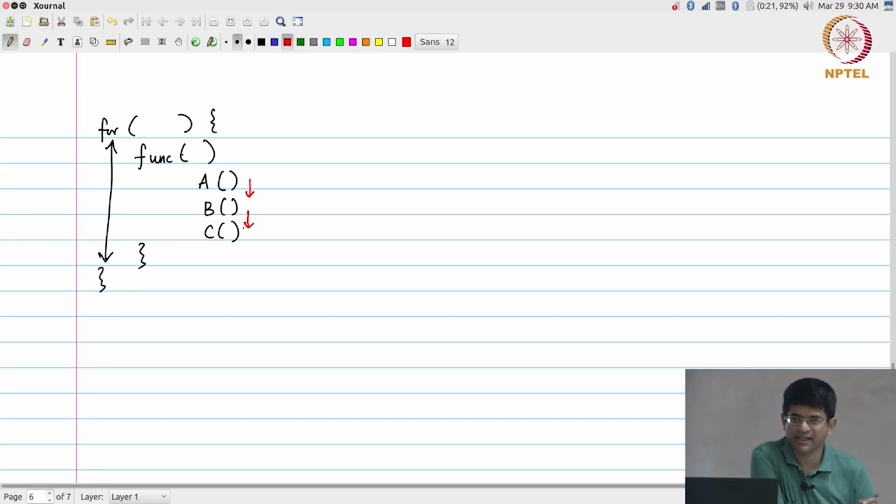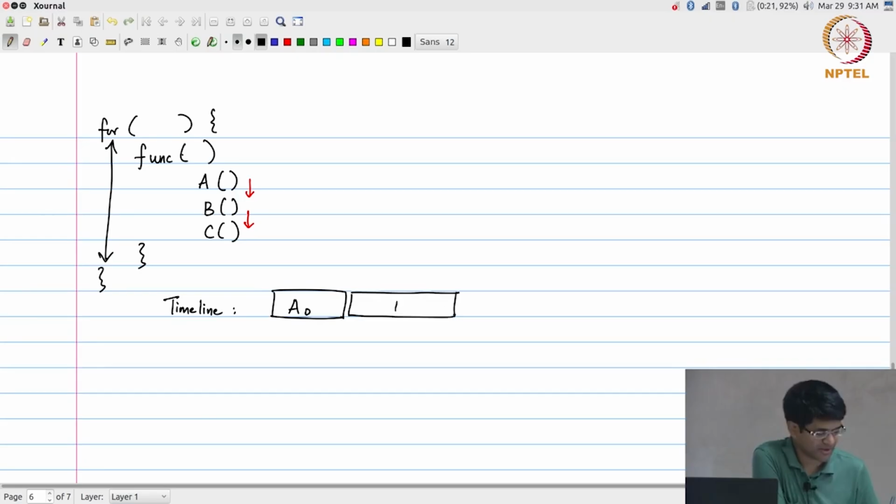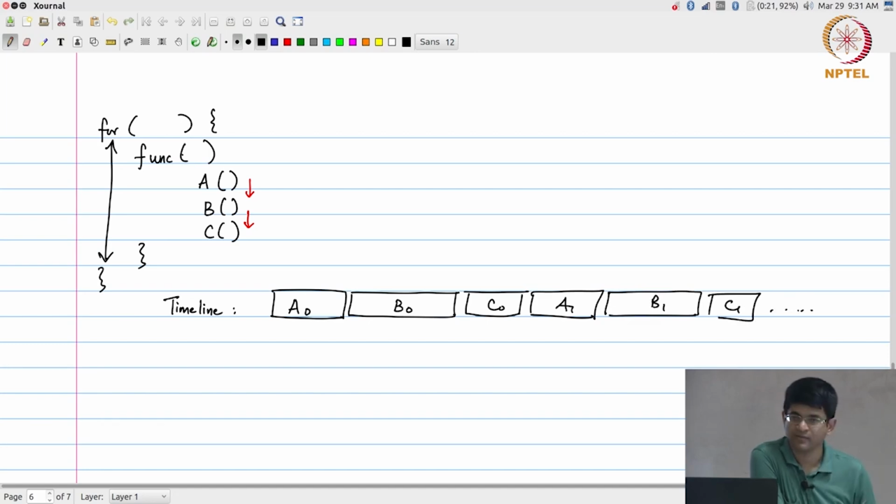By doing software pipelining, by changing the index values around and so on, if you think about it, the normal execution would be: I would take a certain amount of time for A of 0, some other amount of time for B of 0, some other amount of time for C of 0, then followed by again A1, B1, C1 and so on, right. If I apply the principles of software pipelining, I can change this around and make it